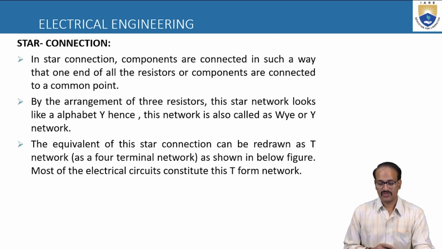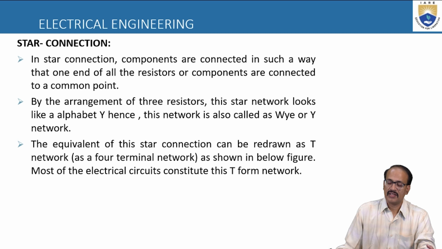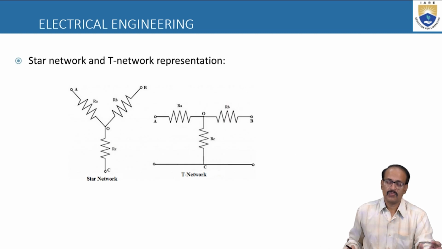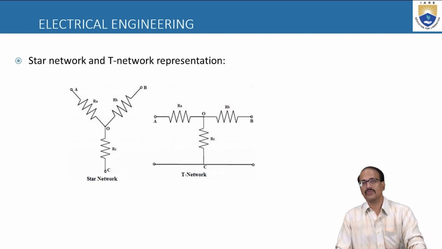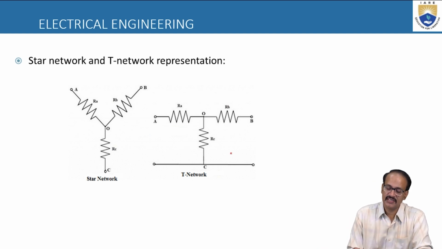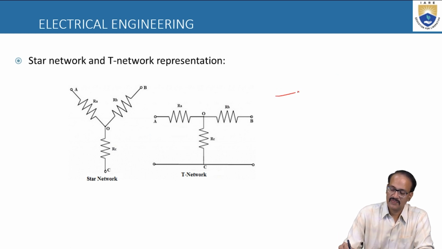equivalent also. So star connection and delta connections are the common type of connection we will find in this circuit, and according to the necessity we will convert the star into delta or delta into star with the help of formulas. In both cases we will be having 3 resistances only, but the values will be varying. So this is the T network. Because it is looking like a T, that means there are 3 resistors. So if this is the case,